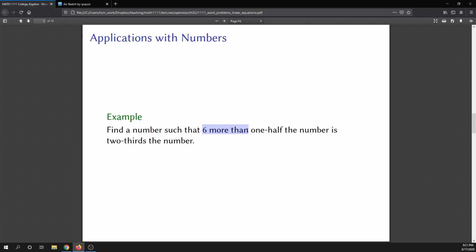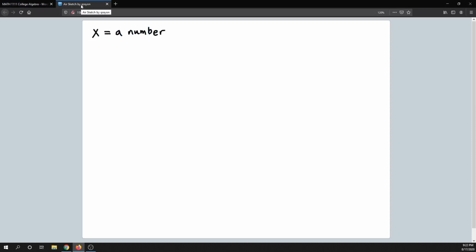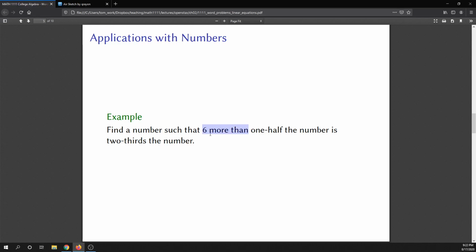So 6 more than something, like let's say I had 4. 6 more than 4 would be 10. How did you get that? What you did was you added 6. So to say something is 6 more than, in math you would represent that as something, that we'll have to fill in here, plus 6. So 6 more than what? 6 more than 1/2